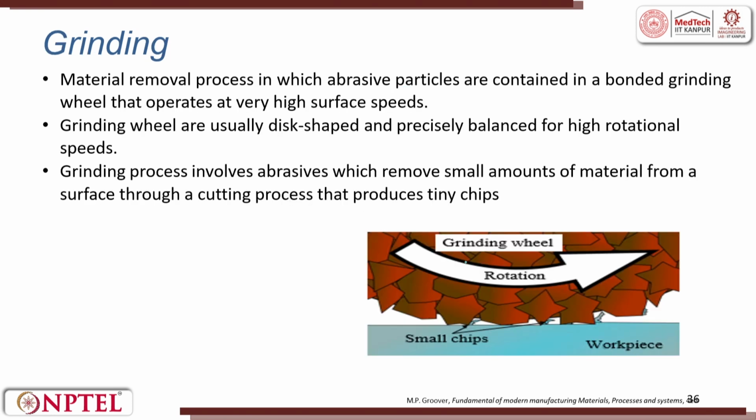Here if you see, this is a cutter, an abrasive, and between cutting edges you see a small chip getting formed. It is very similar to milling. The only difference is the cutter size is small, and the cutter shape is random. You can see here there is a star, a single point cutting tool, then a flat portion, then another thing. So, this is the difference.